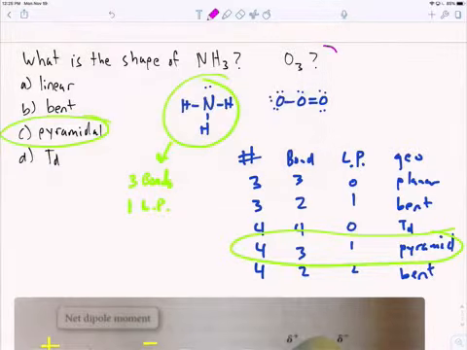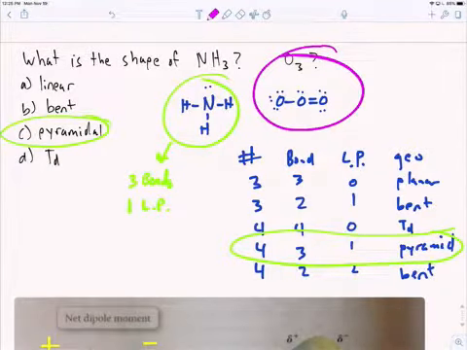So how about ozone? How many think it's A, linear? How many think it's B, bent? How many think it's C, pyramidal? How many think it's D, tetrahedral? So